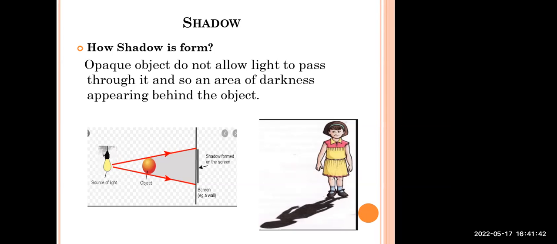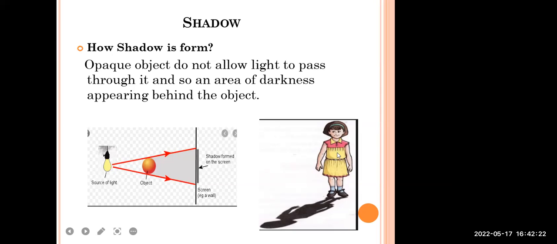Light will fall on this object, and because this object is an opaque material, the light will not get past through this area, and we can get a shadow of this object on a screen, right? So we can get a shadow on this screen of this object. Now the shadow will not be of the same size, and you can say that the shadow will give you the outer line, but the exact object size is not predicted,